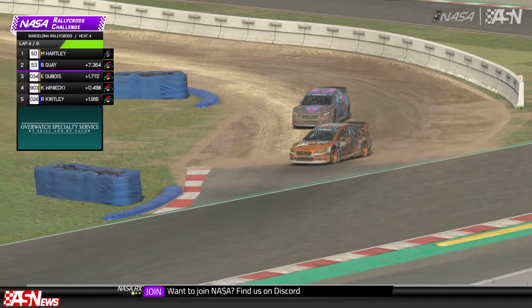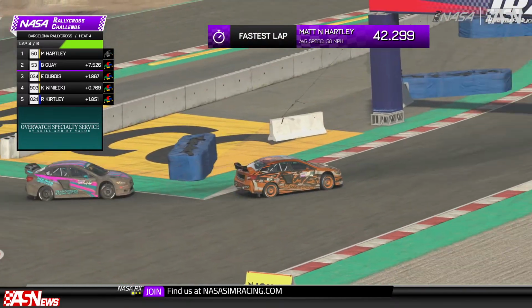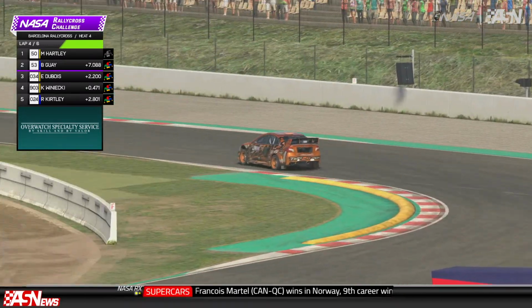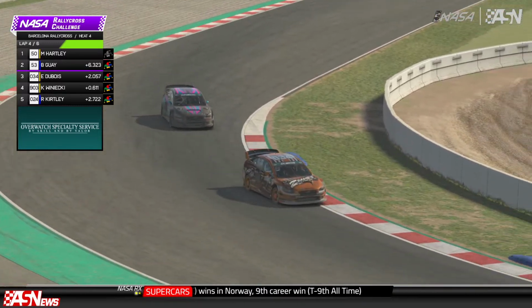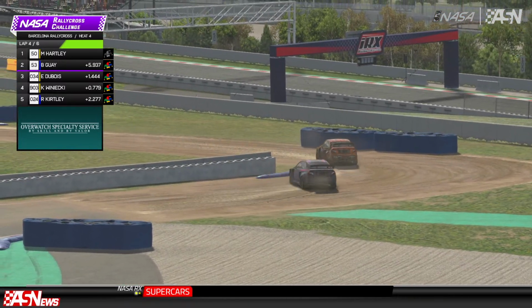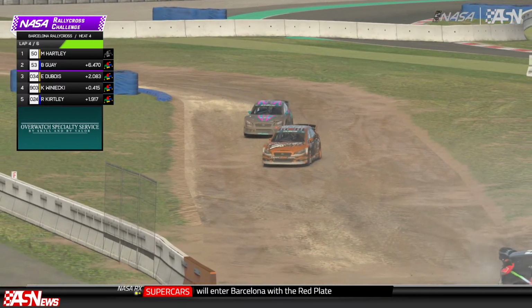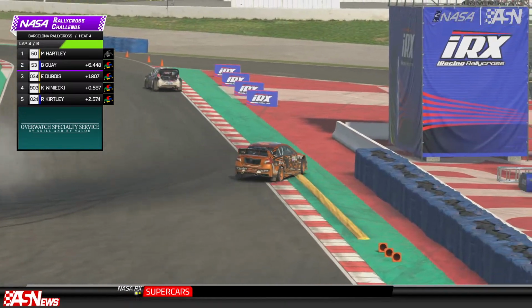42.2 for Hartley that last lap. Let's take a look and compare to the Sportsman cars. He goes purple across all three sectors. 42.5, wow. 42.5 for Benjamin Gay. 42.9 for Eric Dubois. 42.3 for Cody Wienecke. These guys showing pace here, Cody. Yeah, Wienecke's got a ton of pace. He makes these mistakes occasionally that really set him back. If you can just limit those and not make those mistakes, you'd be as...